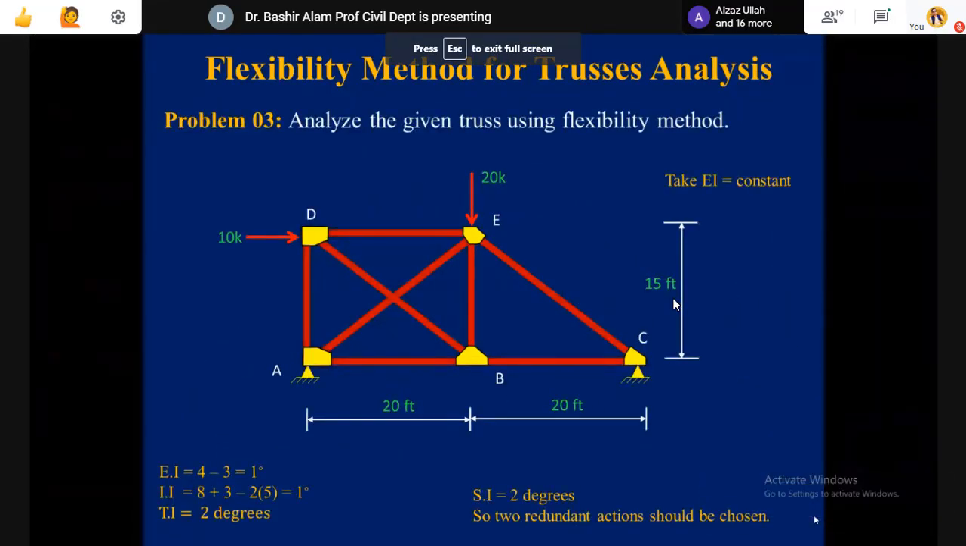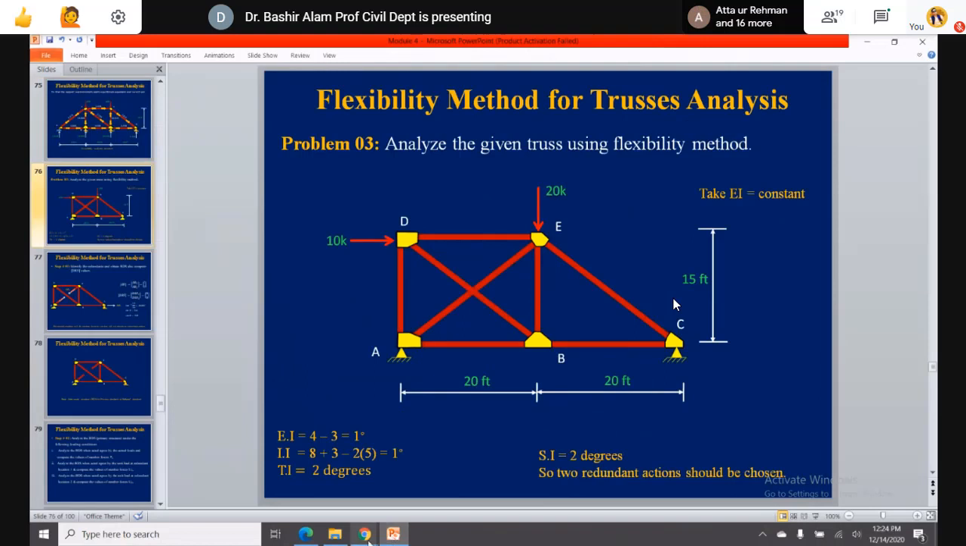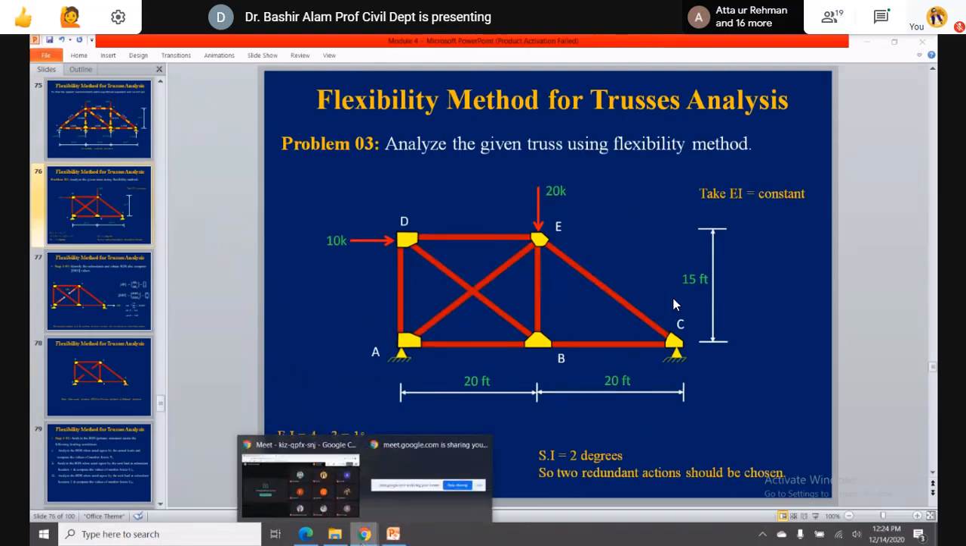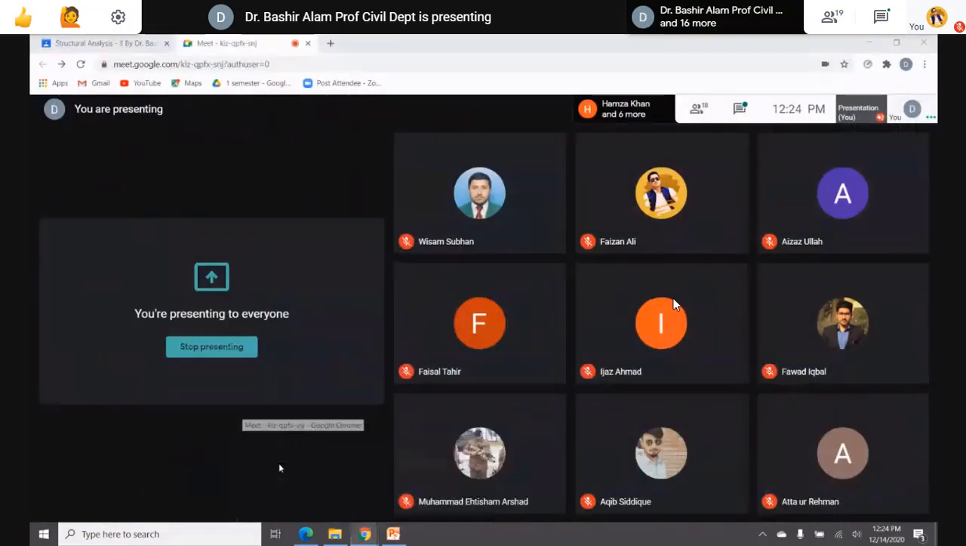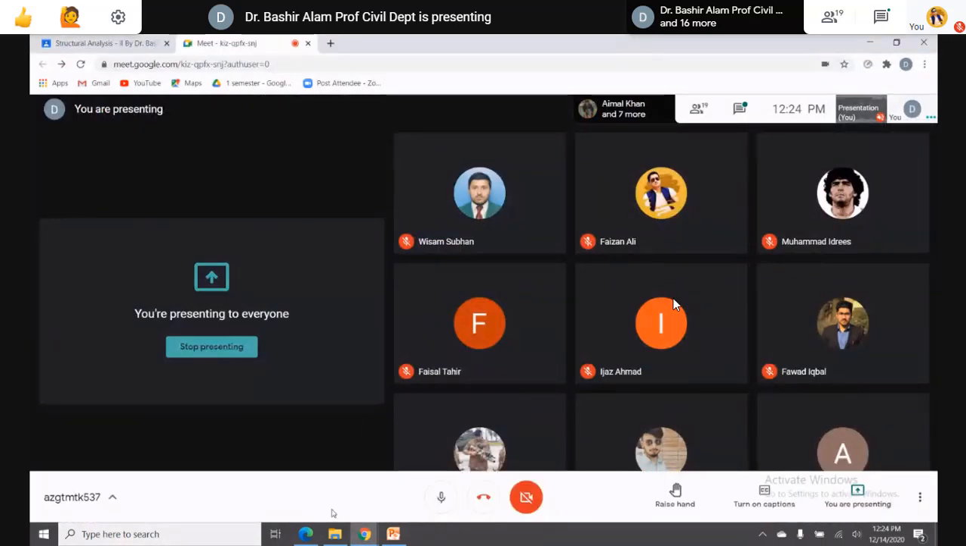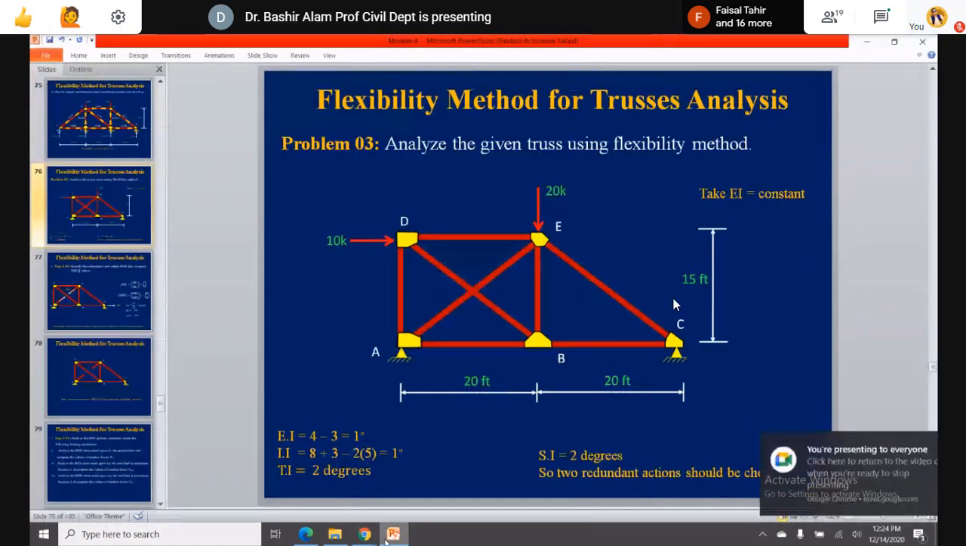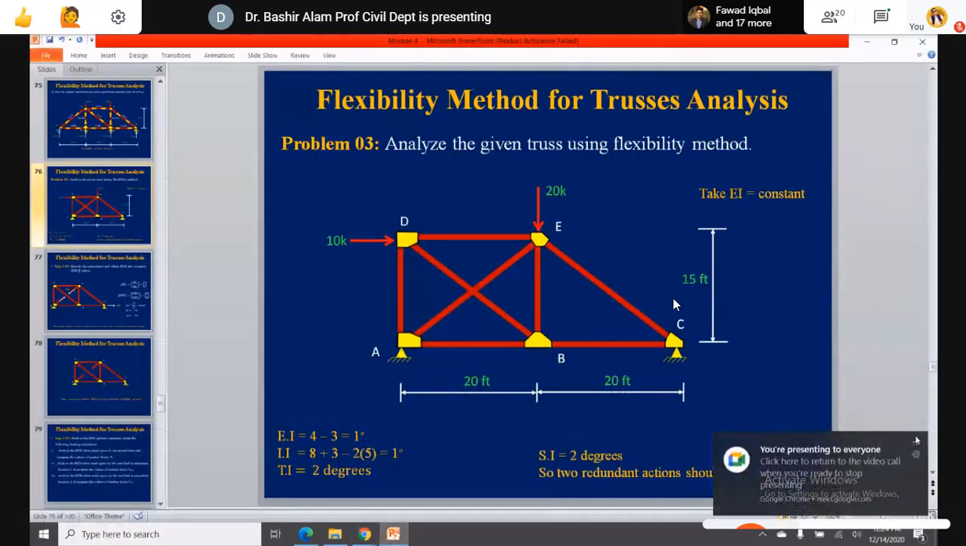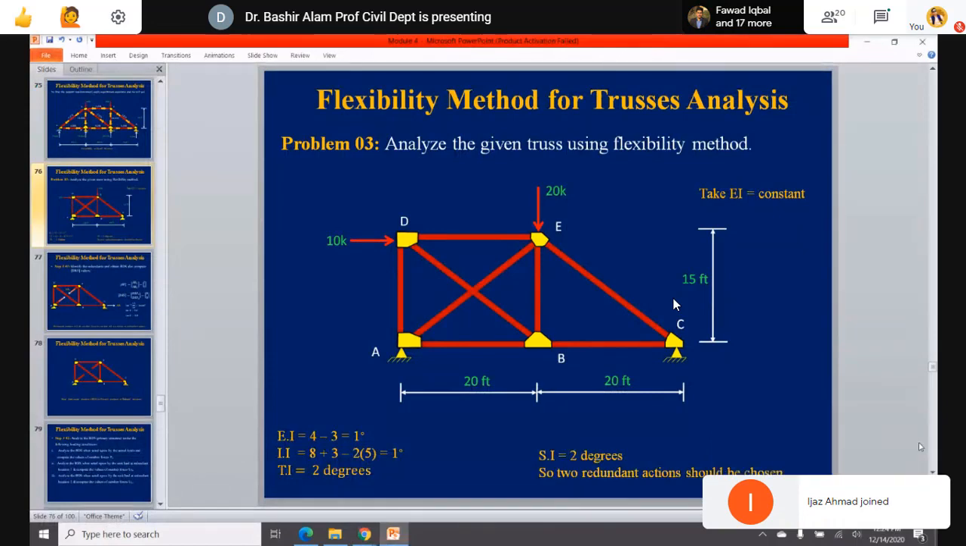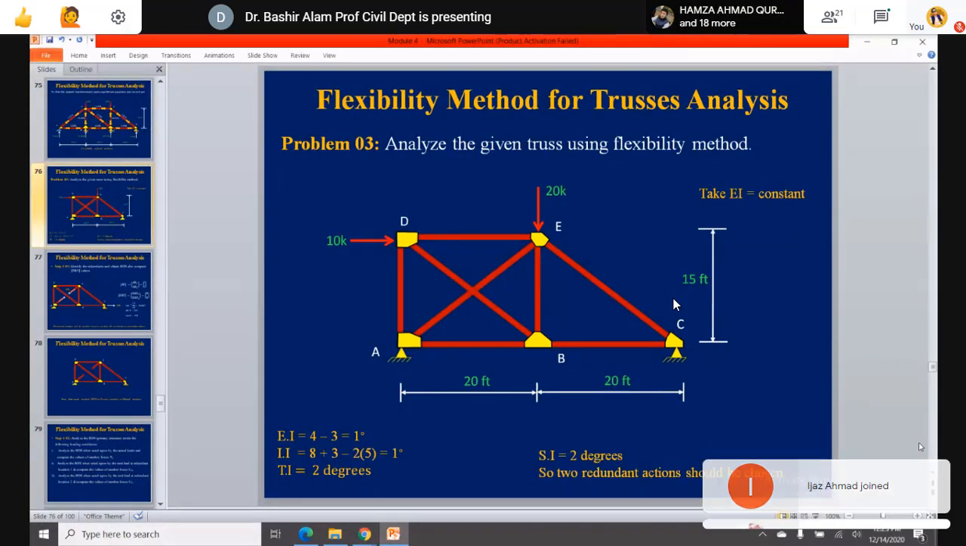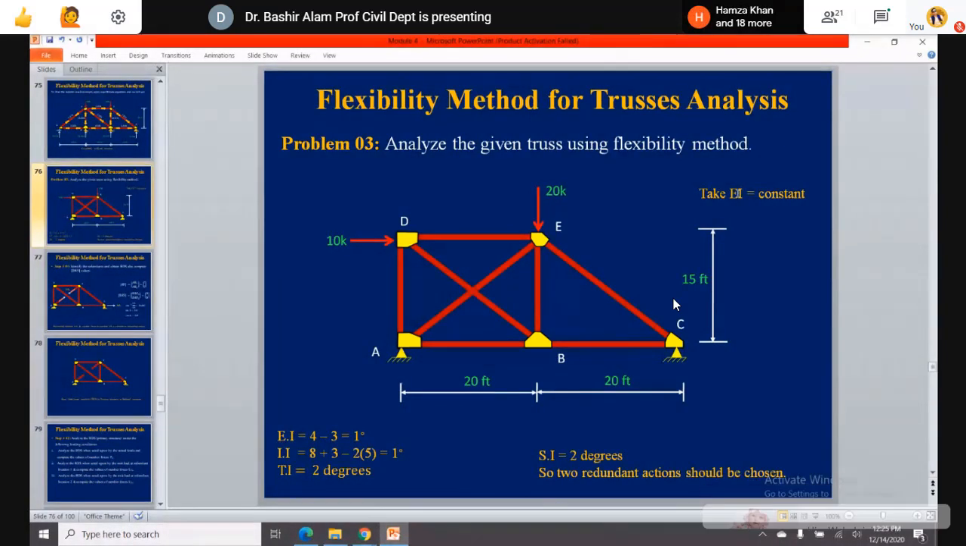Okay, now coming to problem 3. Okay, problem 3 is this one. Analyze the given truss using the flexibility method and take EA. I is not involved. It should be EA